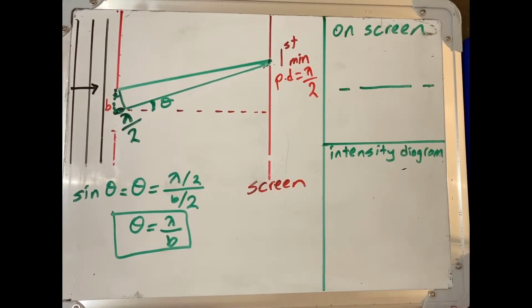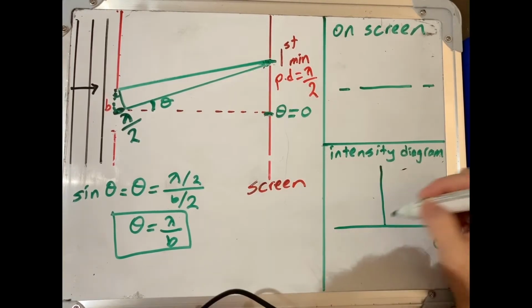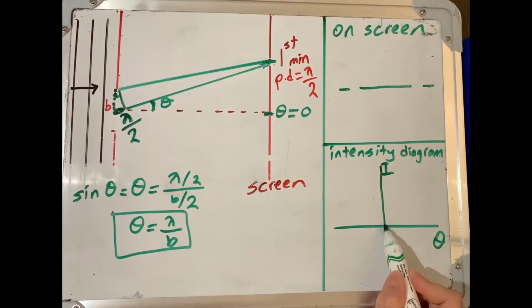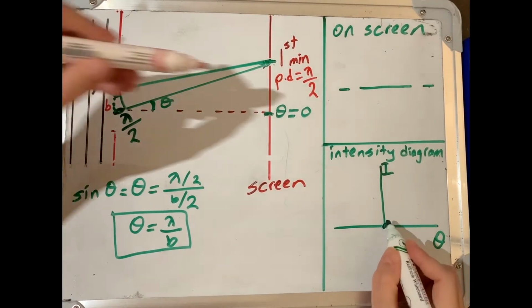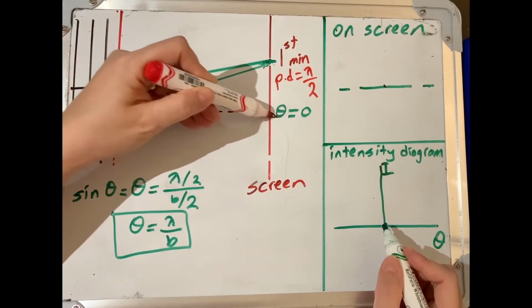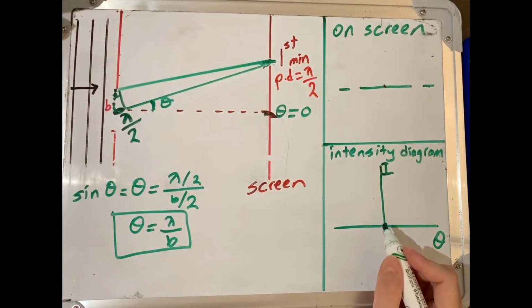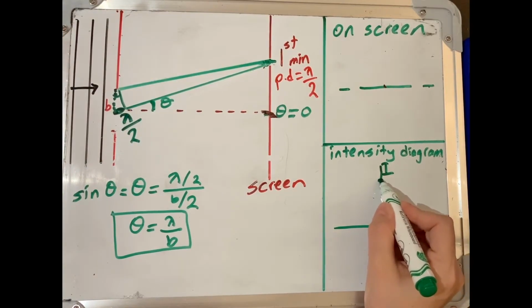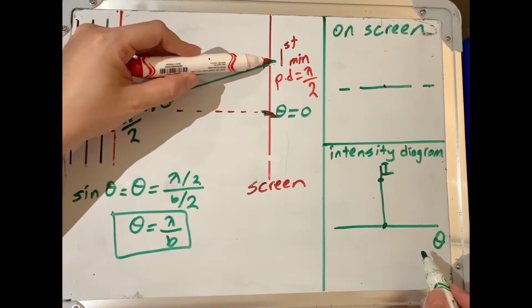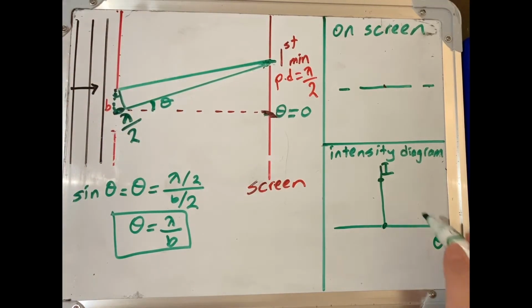Let's show how this looks on an intensity diagram. The x-axis is going to be the angle. My y-axis is going to be the intensity I. So at 0 degrees, we are looking at that point. On this diagram, we are looking at that point. This is where the intensity is maximum. And intensity decreases and reaches a point 0, where